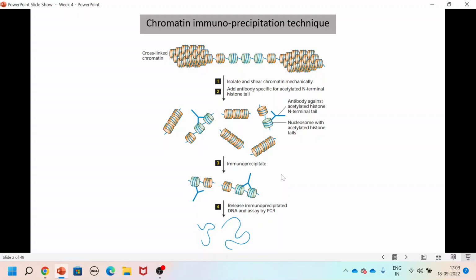Then we analyze the DNA which we have immunoprecipitated using antibodies. The figure here demonstrates cross-linked chromatin, and firstly we isolate and shear the